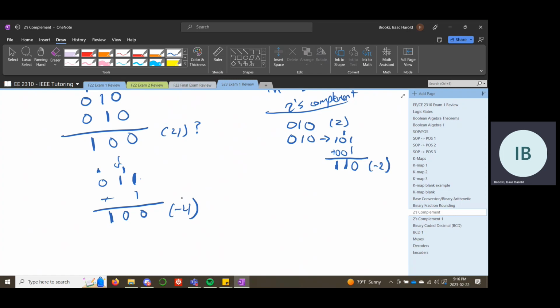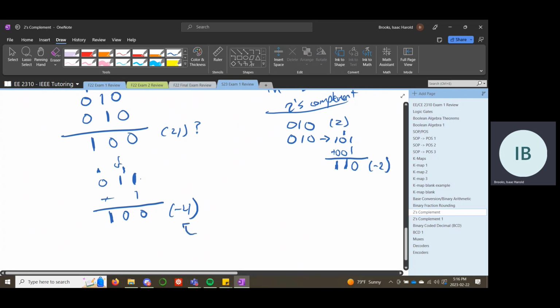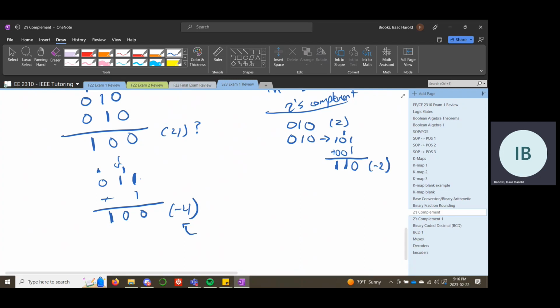So if we're using this system where we only have 3 bits to work with, how are we going to know if we encounter this number, if it's a +4 or a -4? Well, what we do is we define it as a -4. That's kind of the tricky hand-wavy thing that we have to do with the two's complement numbering system. It's really tricky to understand, but one intuition for why we call this a -4 and not a +4 is because when we look at our numbers,